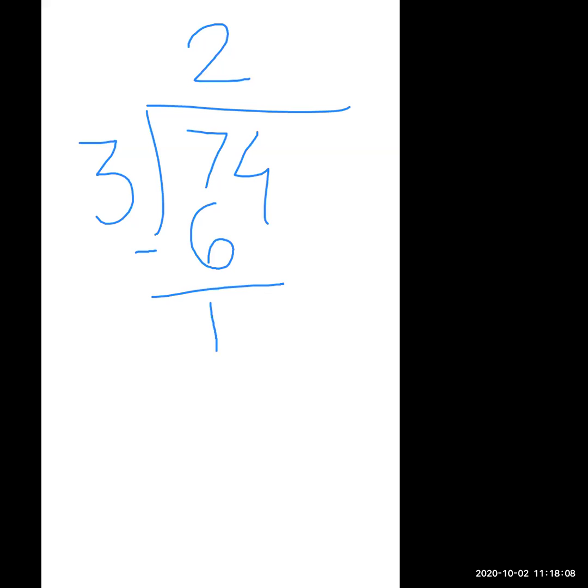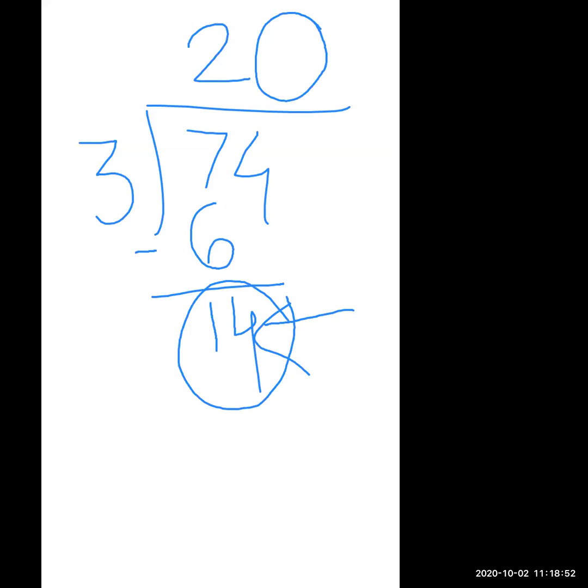And now tell me which number I want to take here. Yes, that 4 will come down. So here 14 will come. What is the number? 14. Okay. Now learn the table of 3 and tell me which number will come here. If the same number is not there, you want to concentrate on the smaller number as compared to 14. Which one is the smaller?